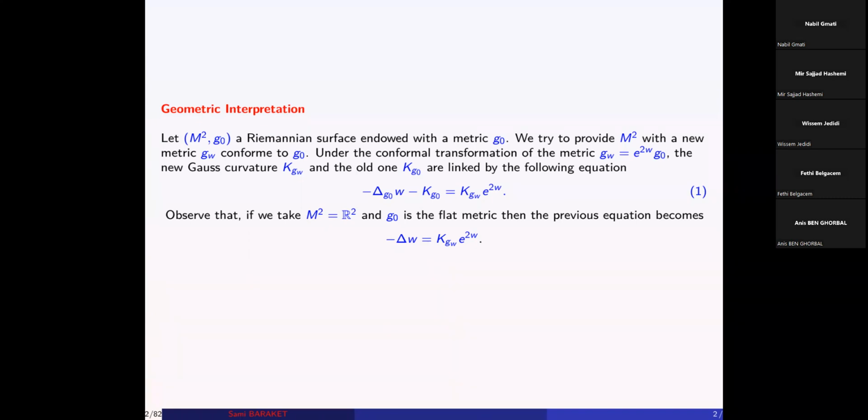Now, if we consider the metric flat and the Riemannian surface the whole space R2, then K_g0 is equal to 0, and the Beltrami Laplacian is the classical Laplacian, and equation 1 becomes minus Laplacian w equal to K_gw exponential 2w. Now, if we want the new Gauss curvature to be constant at every point of R2, we will denote K_gw